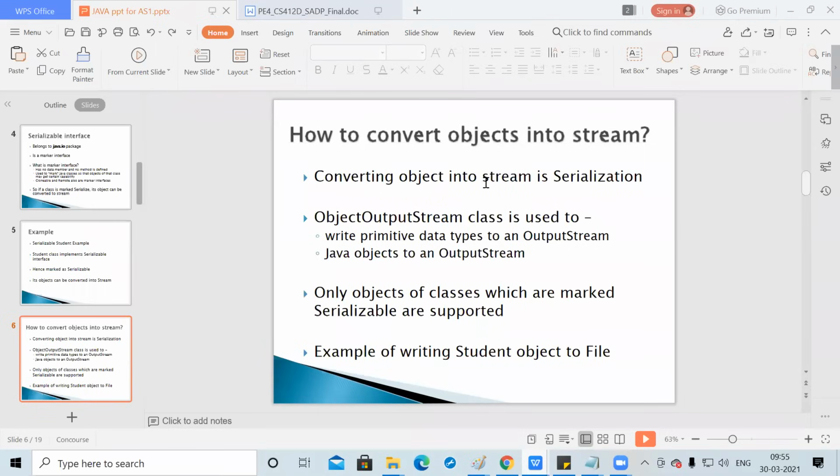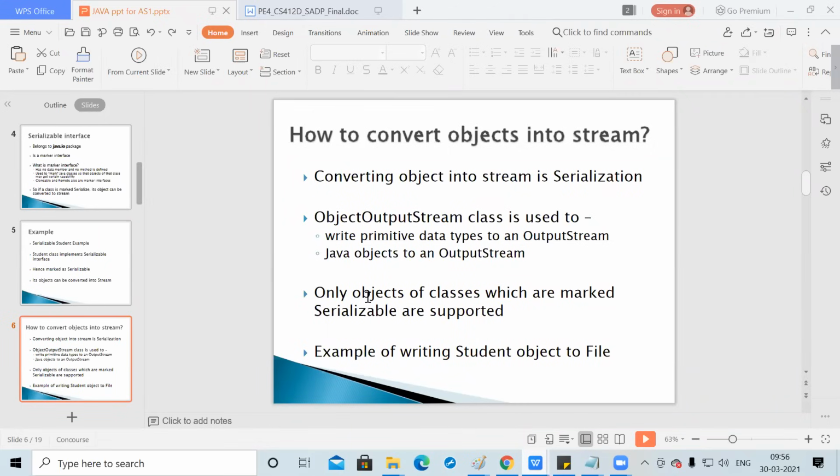Output stream is nothing but whenever we are sending any particular object, it can be written as data into that output stream.